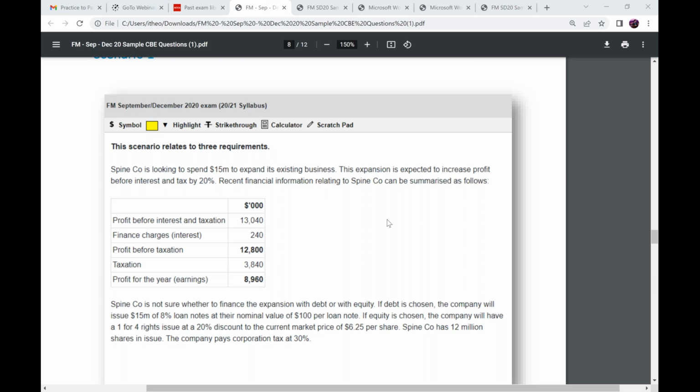Ali, you don't have a prediction of the complete paper, right? It's only mentioned that one is from business valuation, one is from risk. There is no mention of the third one, so we can't tell you. It can be from anywhere.